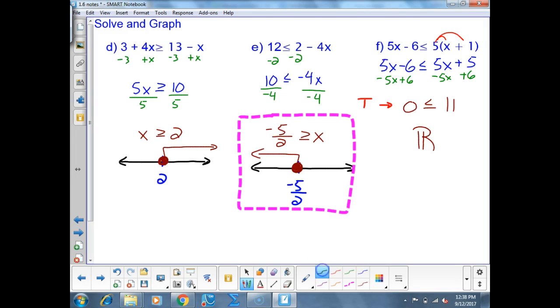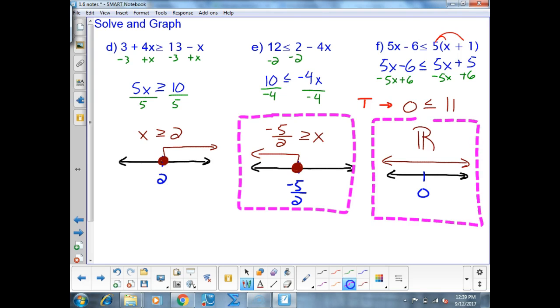How we graph all real numbers on a number line is the arrow goes all the way through, or the line, I should say. You draw a second line above everything. Okay? Now, if this were a false statement,